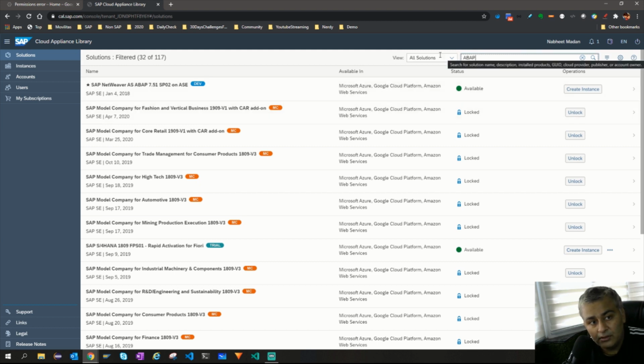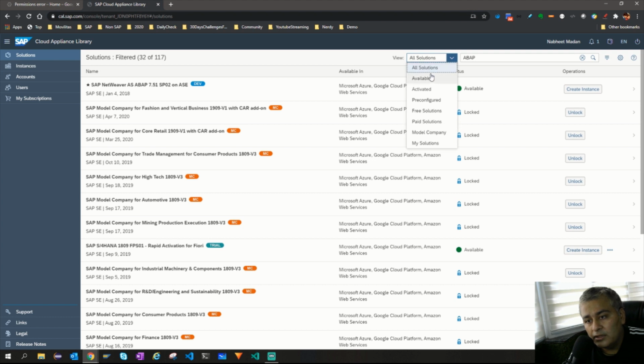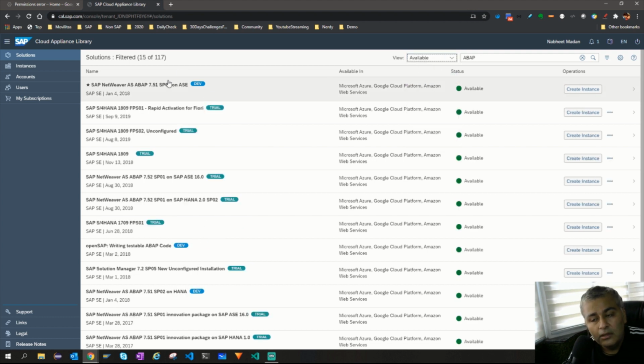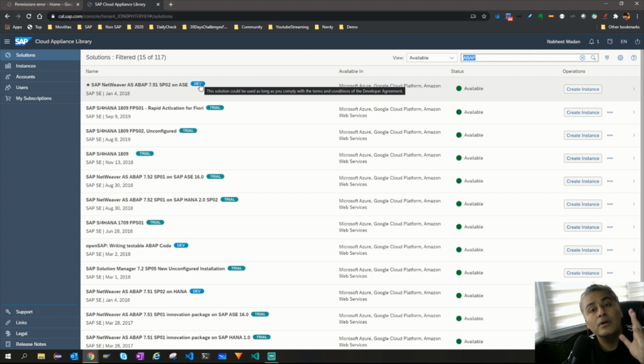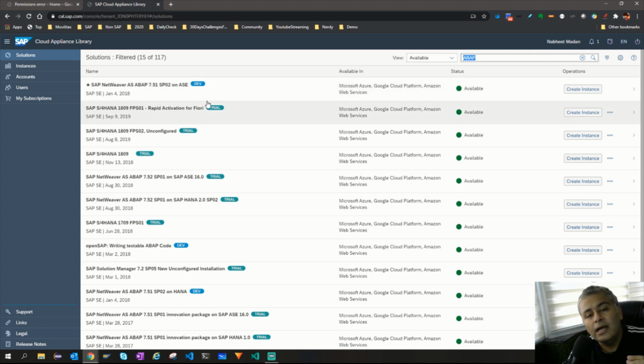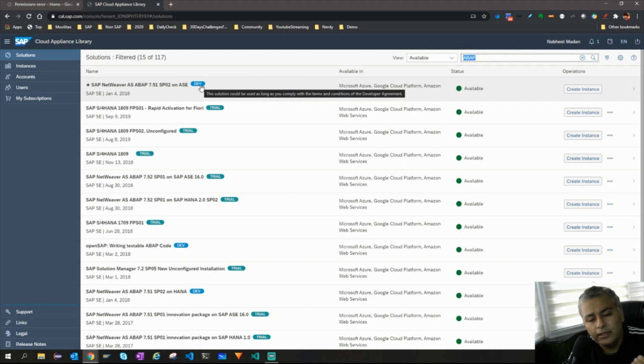If you go to cal.sap.com and use your SAP community login, it will allow you to log in. Then I will filter on available and search for ABAP. I see there is one, AS ABAP 751 SP02 on ASE. By dev it means you can use it for as long as you want. Trials have certain limitations. We will be using only the dev system.